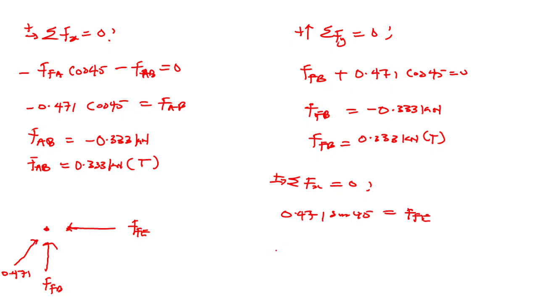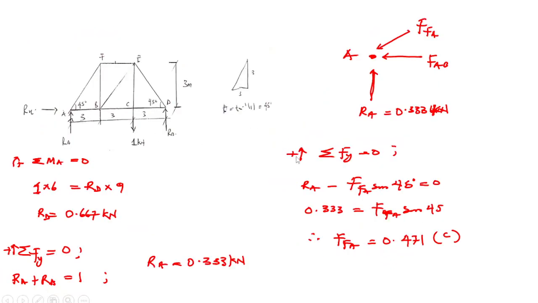So FFE will be equal to, when you do that, 0.333 in compression. Okay, so if we check another joint, if we go for joint B,